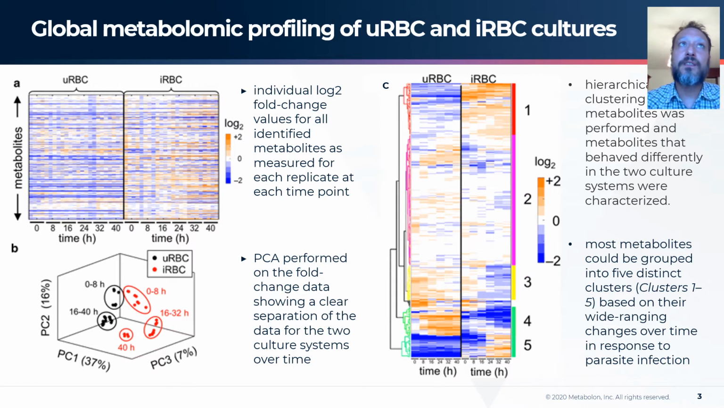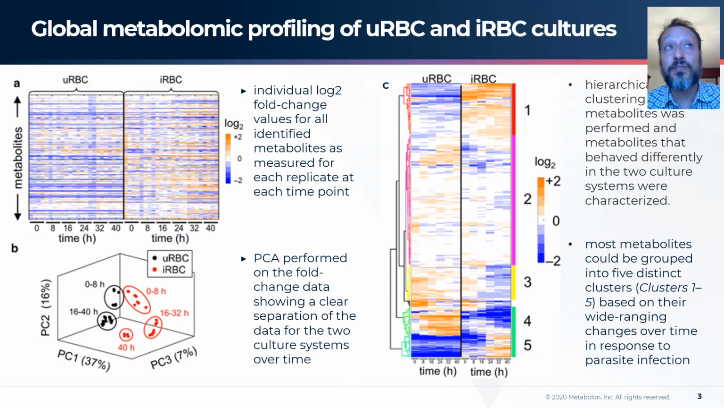So in this slide, you can see the results of the global metabolomic profiling of uninfected red blood cells and infected red blood cell cultures. Now, using Metabolon's untargeted global metabolomics platform, 501 metabolites present in either uninfected red blood cells or infected red blood cell cultures were quantified. Of these, 481 were present in both cultures, and 20 were unique to the infected red